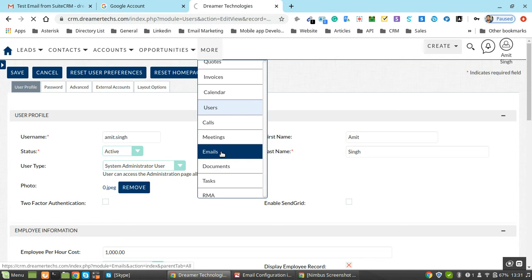It takes time depending on your email size.